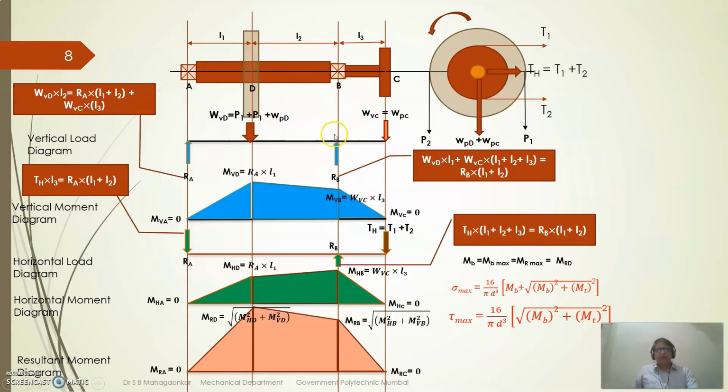And then at point B, again for this diameter, I have to take the bearing of that one, or else this end. From here to here, the maximum bending moment is MRB. So taking MRB at this point, find out the diameter based on that. So the diameter at A, D, B, and C you can find out, and accordingly you can draw the stepped shaft. Okay, this is how we can draw the stepped shaft in the design of shaft.